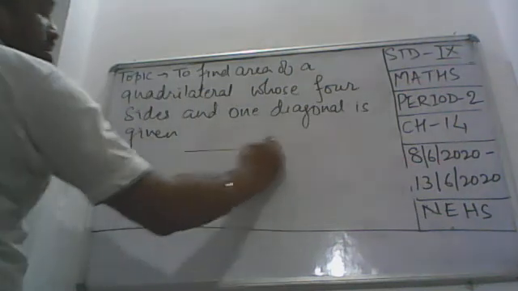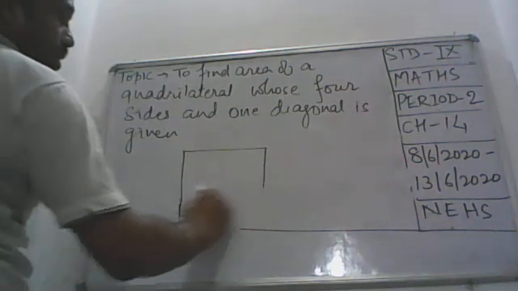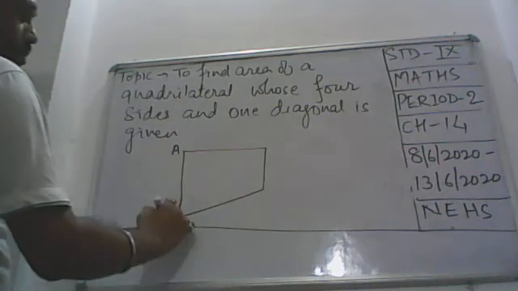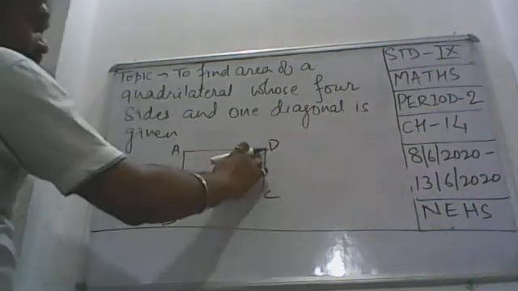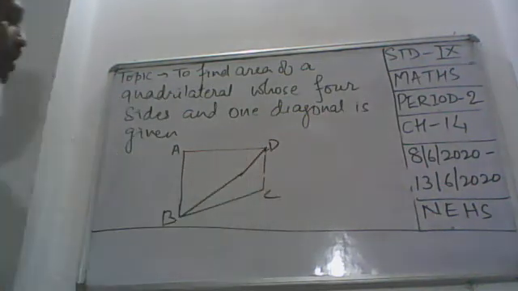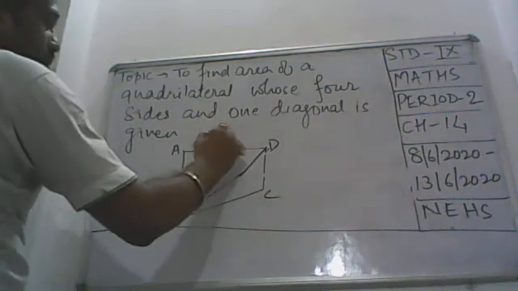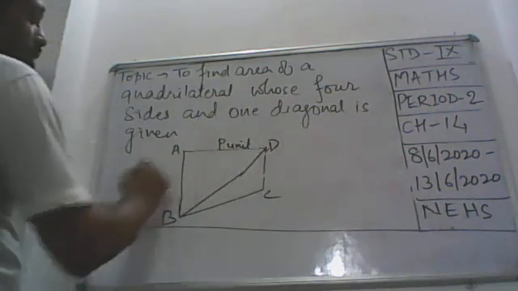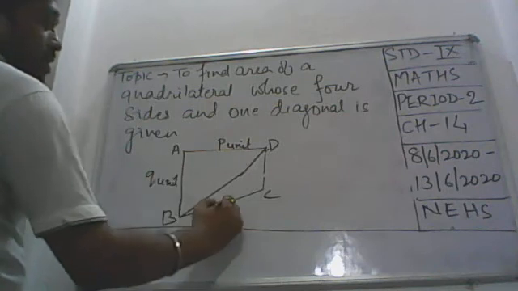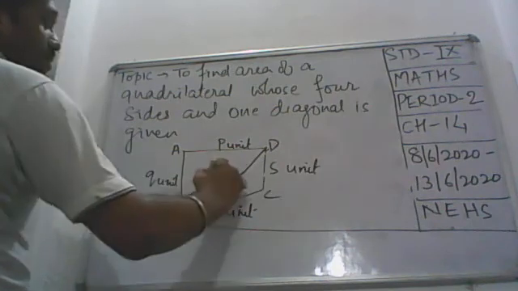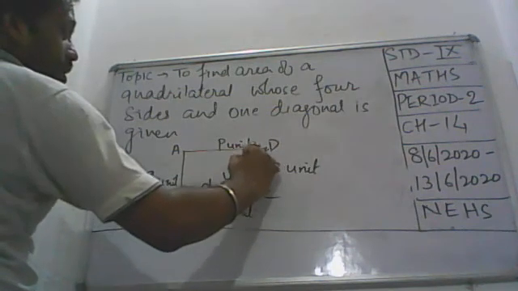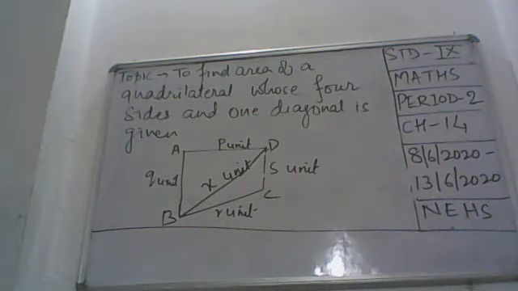So our shape will be like this. Okay, A, B, C, D, and one diagonal will be also given there. In that case they will give you this is P unit, this one is Q unit, this one is R unit, and this one is S unit, and this one is suppose that X unit. So all these lengths will be given, and then we have to find the area of this quadrilateral here. So I hope you are knowing what sir is going to do here.